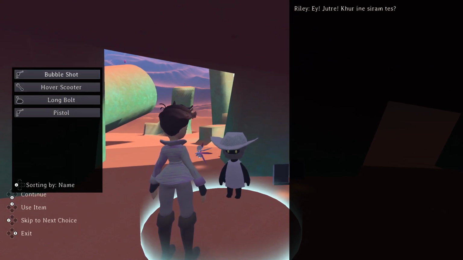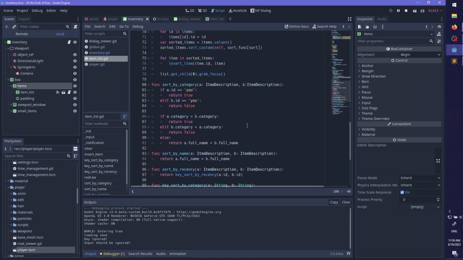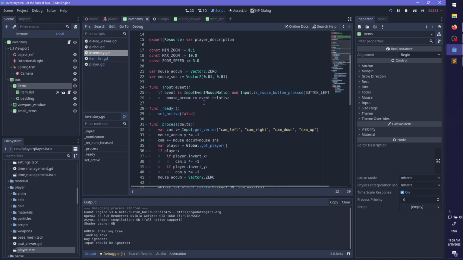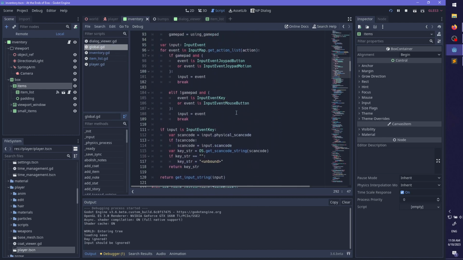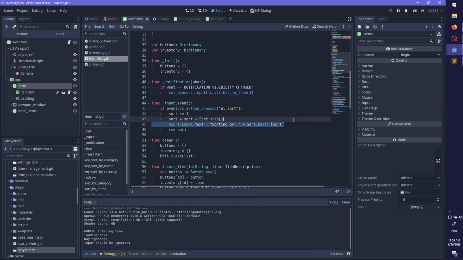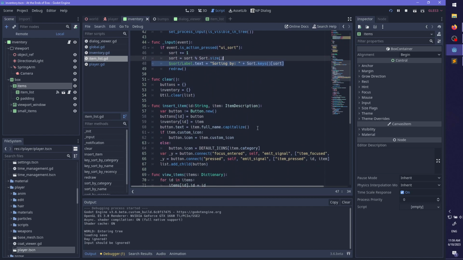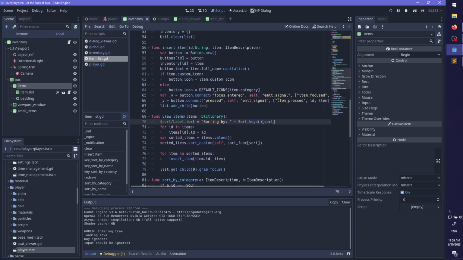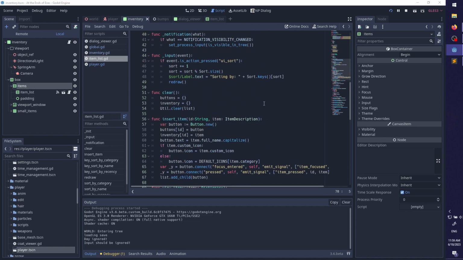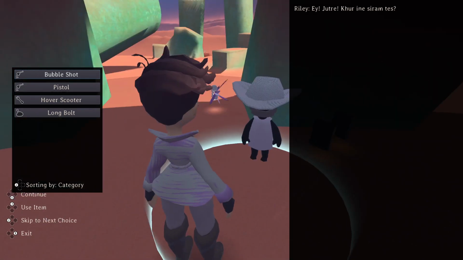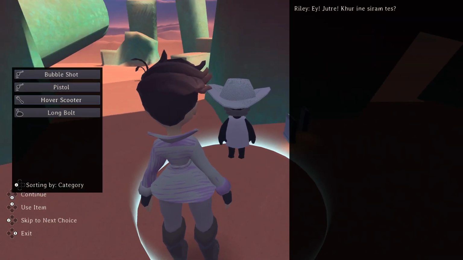Inventory, sorting by name. Category. Let's put the... Where's that done? Insert item, view items. So it does also sort of interfere with the,